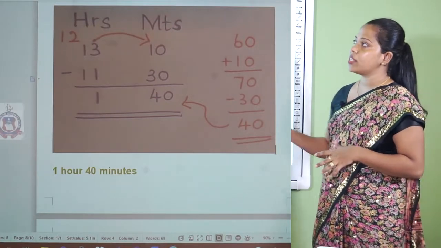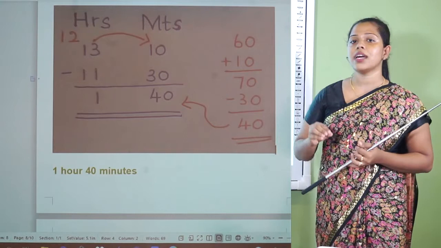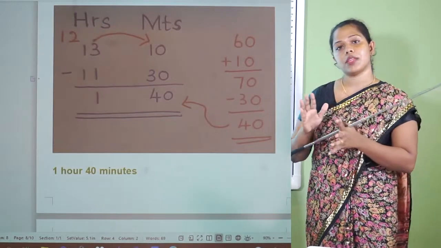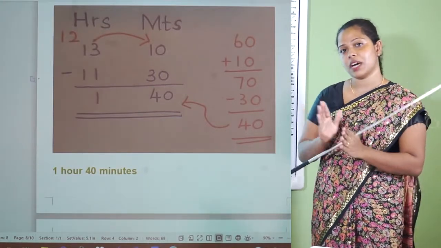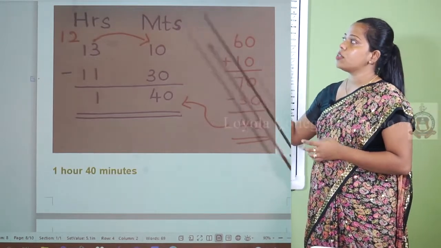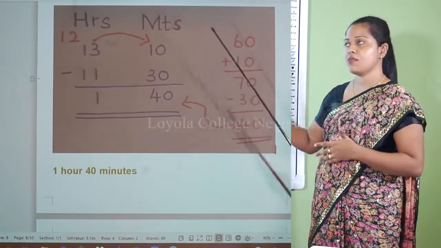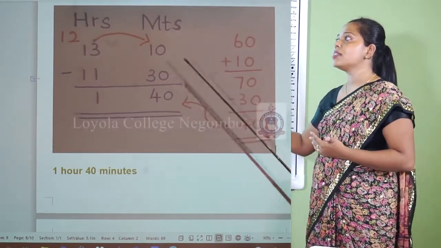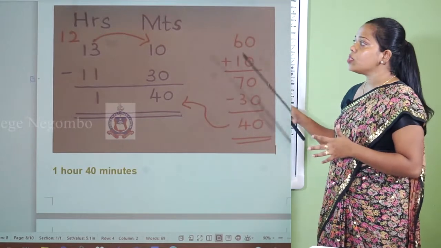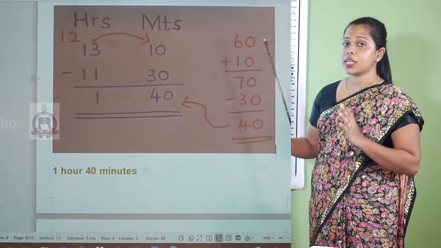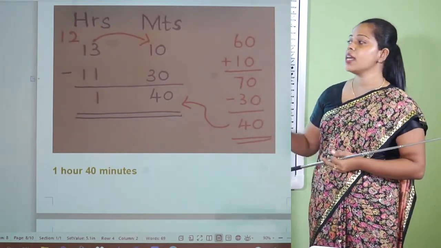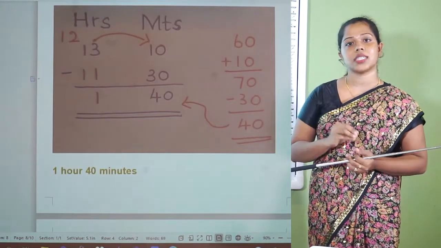So I hope now you understood how to find the time spent on different activities, and you know how to borrow 1 hour from the hour side, and when it comes to the minute side, what you are going to do here: you need to add the minutes given to that 60, and from that answer you are subtracting the time given here, the second time. So use all these theories, and first of all keep all these theories in your mind to calculate these types of sums. Then easily you can answer the questions which you get at the scholarship also.